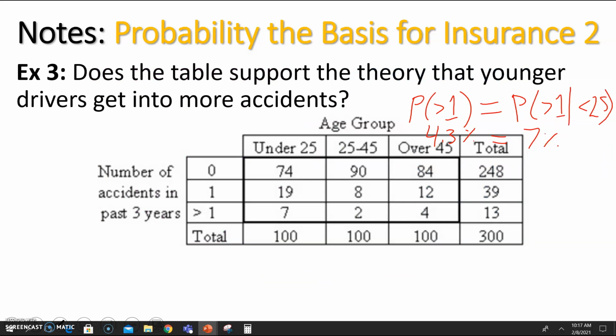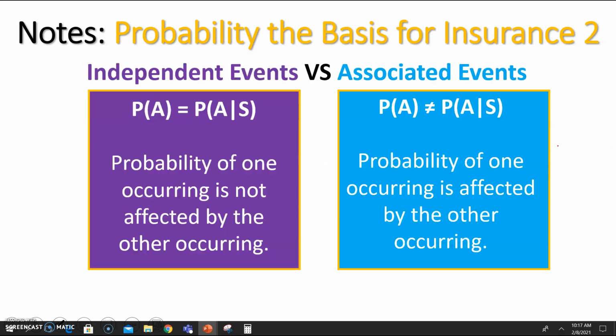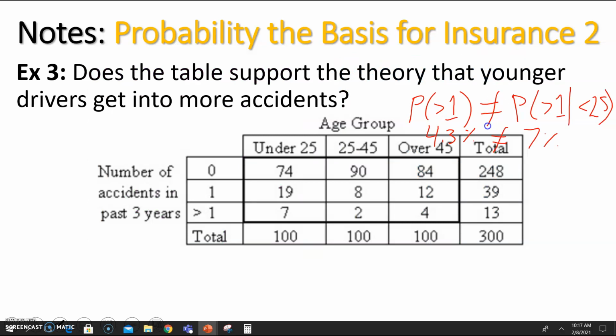Now, because these are not equal, we're going to say the events are in fact associated, meaning the one does affect the other. So these are associated events,